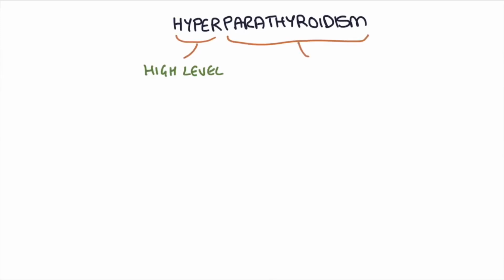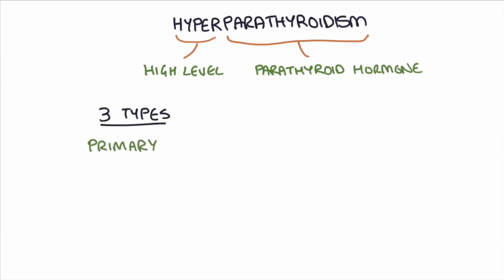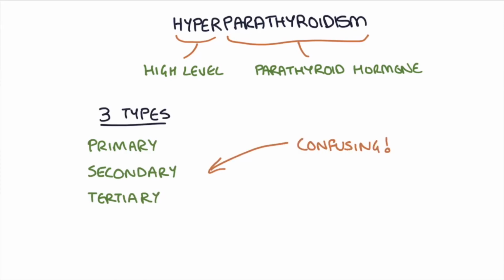In this video I'm going to go through hyperparathyroidism. By definition, hyperparathyroidism is a high level of parathyroid hormone. And there's three types, primary, secondary and tertiary, and it's these three types that cause a lot of confusion amongst medical students and doctors, and it's the reason that I wanted to make this video, just to clarify what the